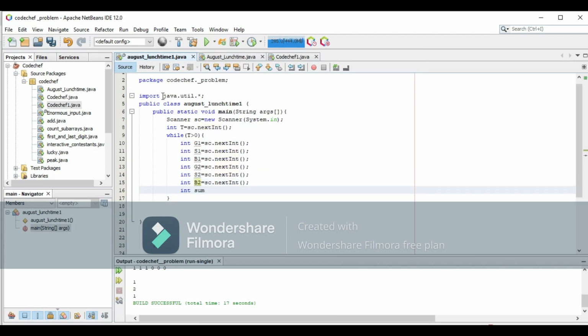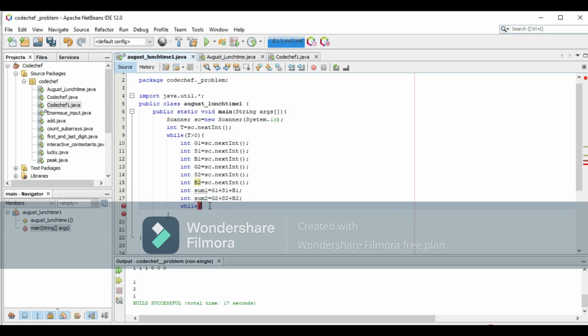After that we have initialized a variable as int sum1 is equal to G1 plus S1 plus B1, and int sum2 is equal to G2 plus S2 plus B2. So after doing the sum of G1, S1 and B1, we store it in sum1, and for G2, S2 and B2 we store it in sum2.